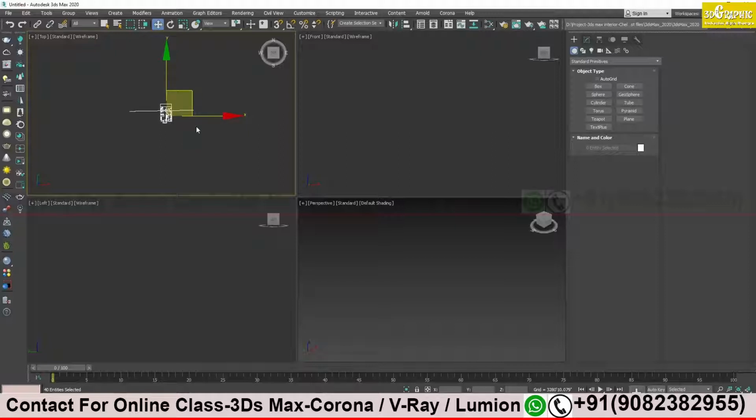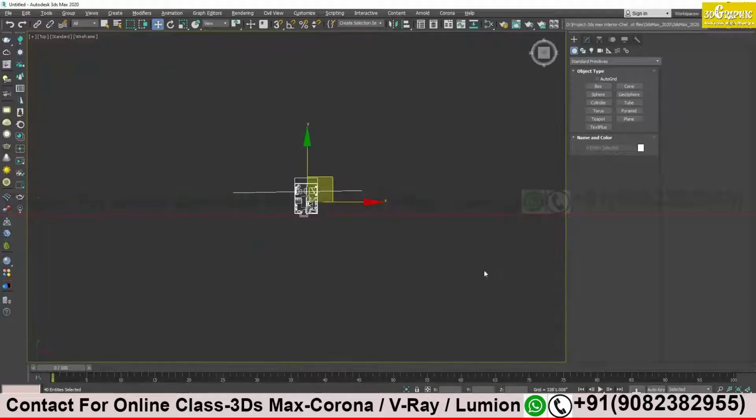Press Z so that the selection is at the center. Press Alt plus W and zoom out to see where it is. You see, this is my center and my object is a little far. Now drag your object toward the center.